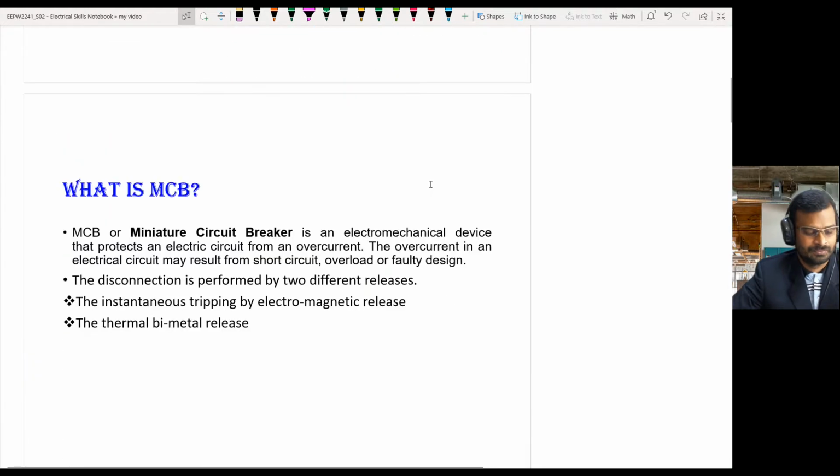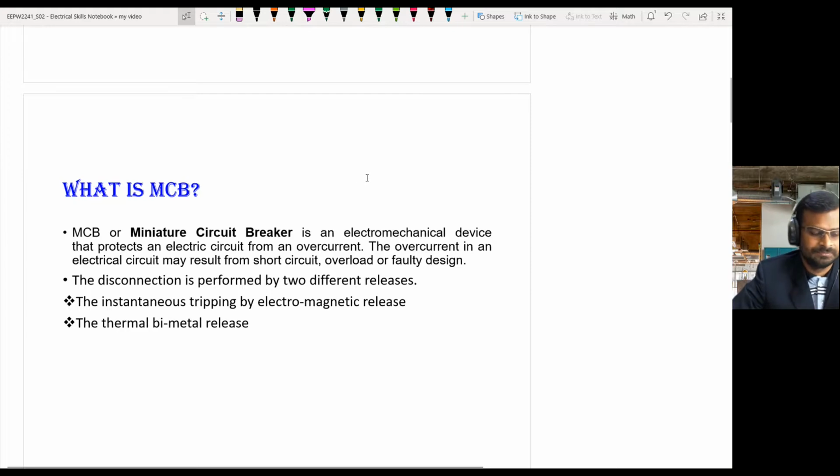What we are going to see is what an MCB is, what it is used for in an electrical circuit, how it functions, and what the internal parts of an MCB are. We are also going to see in detail the trip curves for different types of MCBs. Based on these trip curves, we will discuss how MCBs are chosen for different applications. So let us start the discussion.